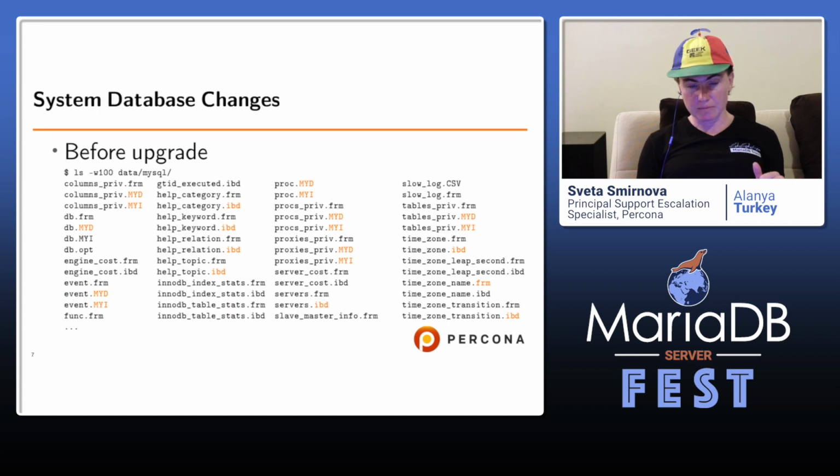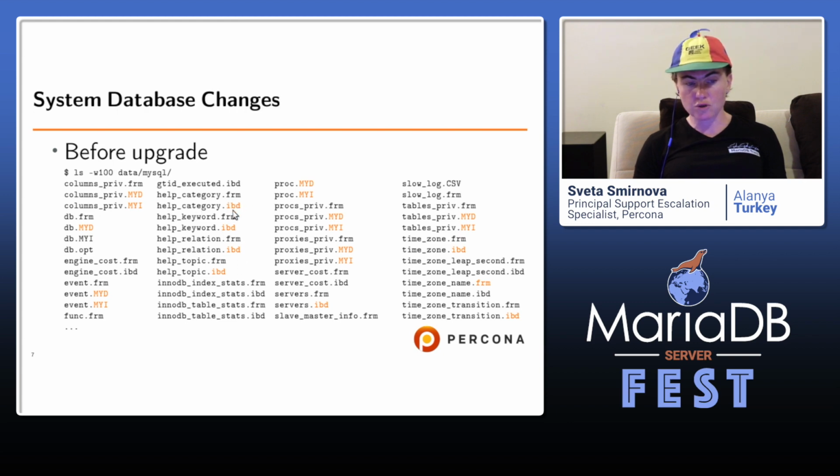And here is why. This is an example of a data directory taken from version 5.7. You see most of the tables use the MyISAM storage engine, with data files with extension MYD, and some use the InnoDB storage engine with extension IBD.